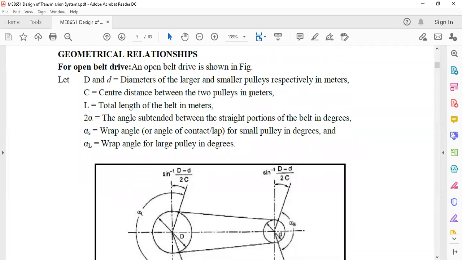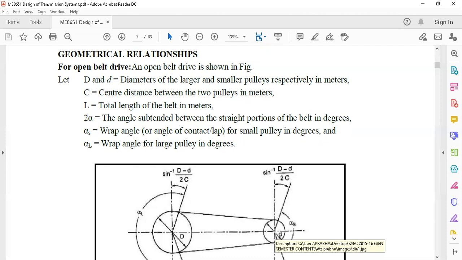This is how a belt drive system is shown, and there is the open belt drive. This capital D is the driver, which has the maximum number of pulleys. This is generally called a bicycle. If you see our bicycle, we are using chain drives, but if in place of chain drives you use belt drives, it will be much more similar. Capital D is the diameter of the larger pulley, and small d is the diameter of the smaller pulley. And the total distance, the center distance, from this point to this point, is the center distance of two pulleys.